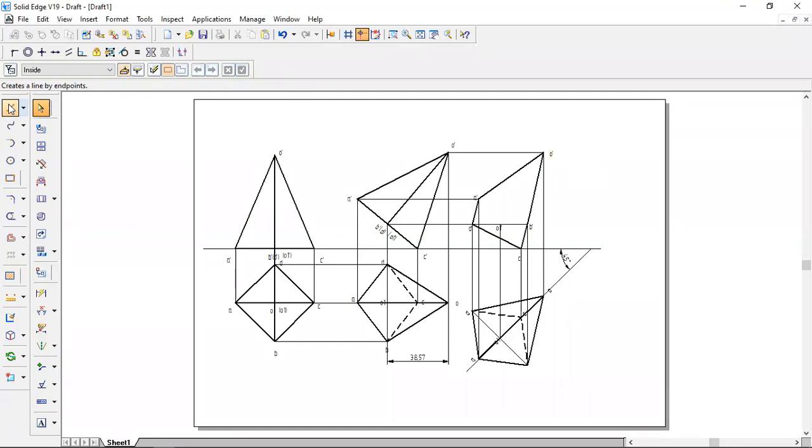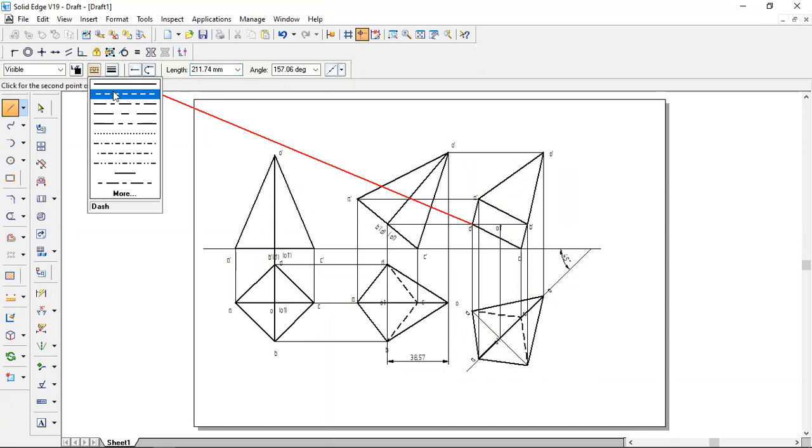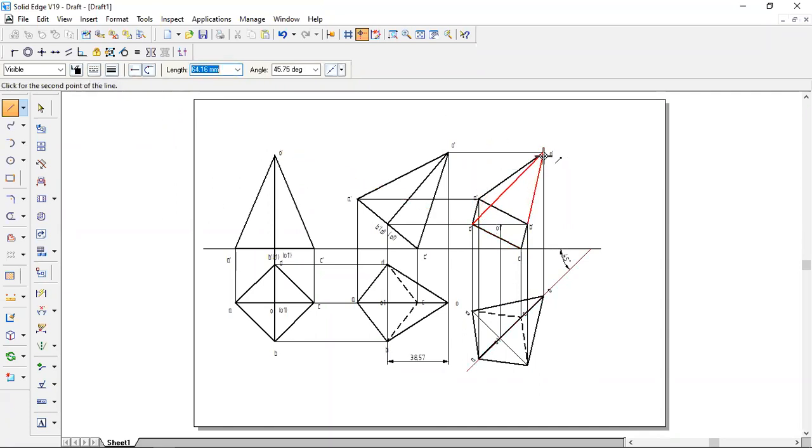The base is drawn by joining to here and then to here with a thick line, then slant edges. So OA is already joined, OB is joined already, OC needs to be joined, as well as OD. So OD is not visible because it is away from the observer. See, the OD line is away from the observer. So OD is drawn as a dotted line to this endpoint. Okay.